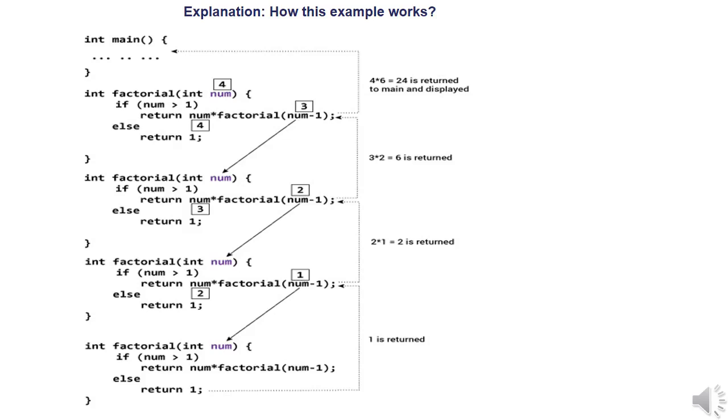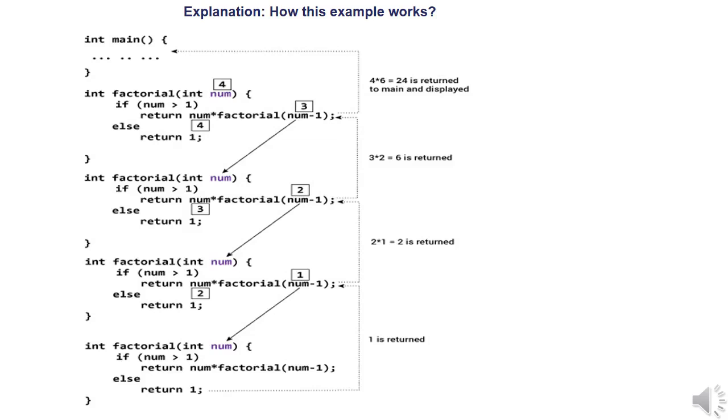The 1 is assigned to the formal parameter num and it will check if 1 is greater than 1. In that case the condition is not true. It will go to the else part, then it will return 1. Here on the right side you can see that in that step this is the terminating condition. If the num value is not greater than 1, it will return a value 1 and it will go up like this. So in the final step it will return a value 1 when you call factorial of 1.